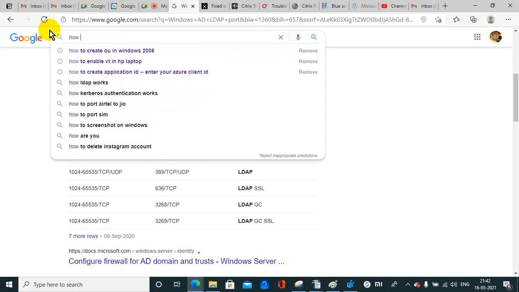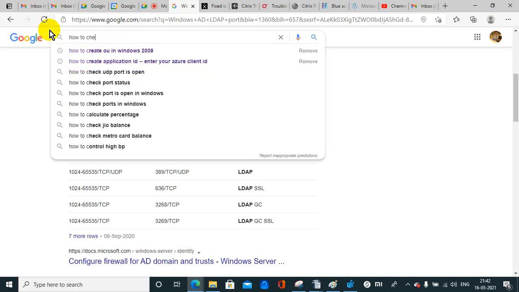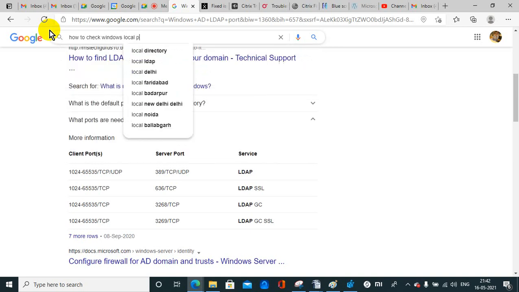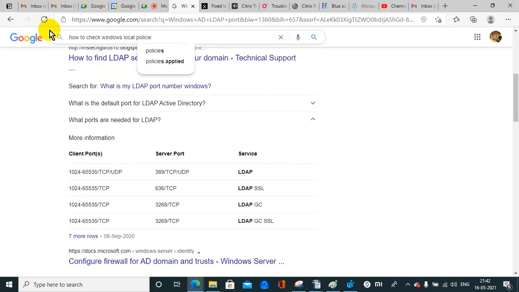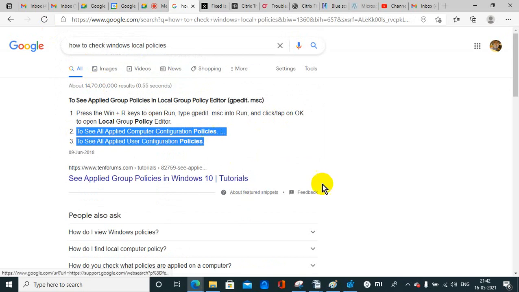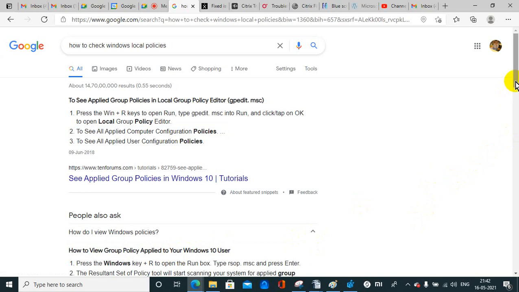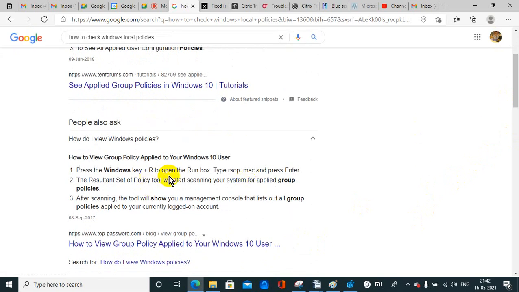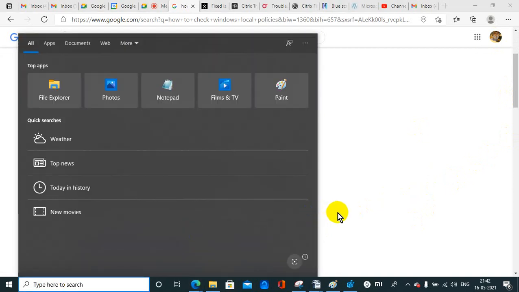But for local policies there is one command, and I'm forgetting it. Use the Windows key plus R to open the Run box, then type gpedit.msc to open the Local Group Policy Editor.